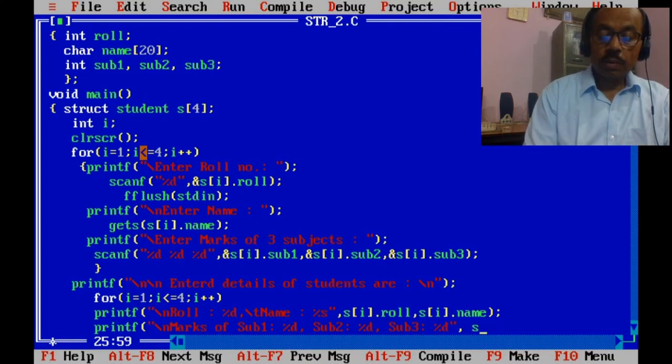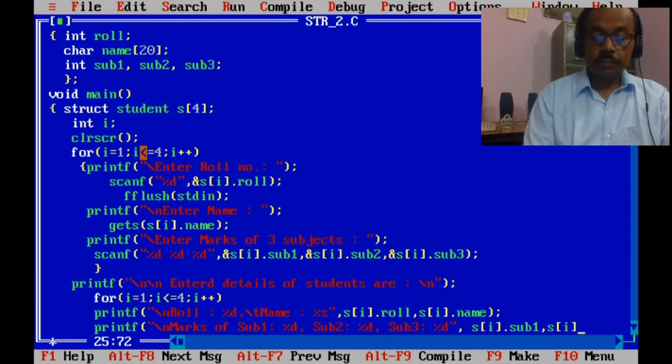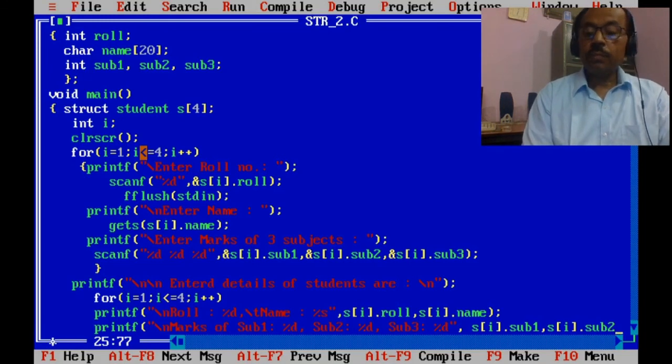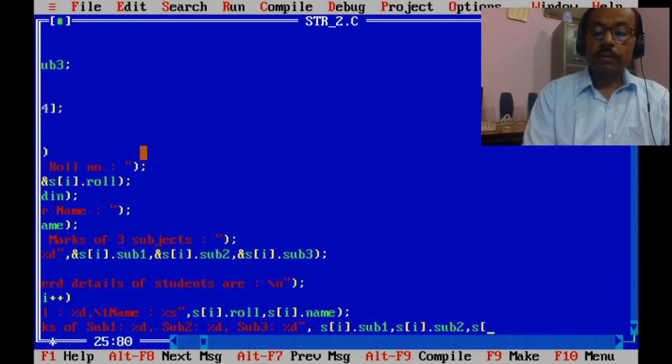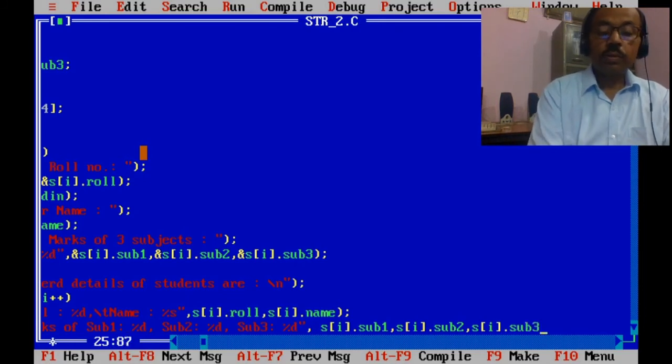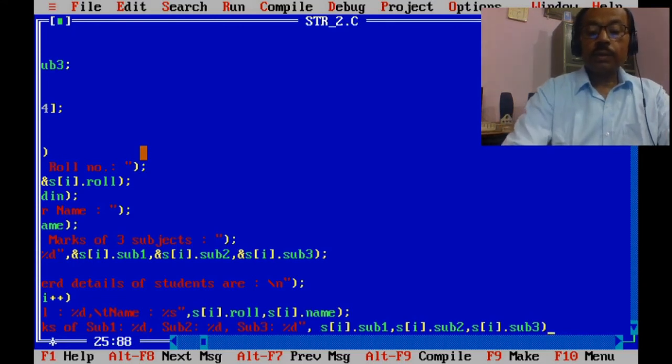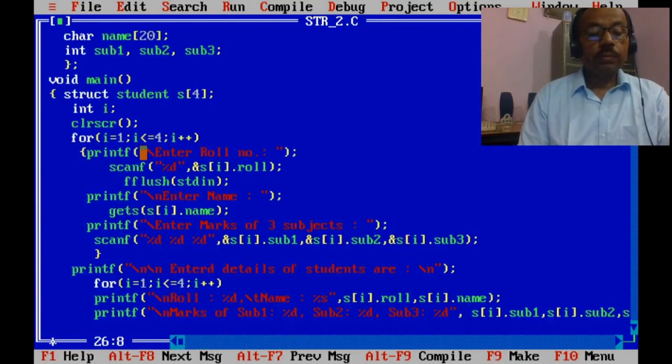Now the variable names si dot sub1 comma si dot sub2 comma si dot sub3, semicolon.